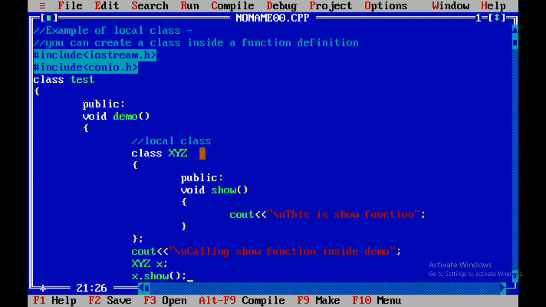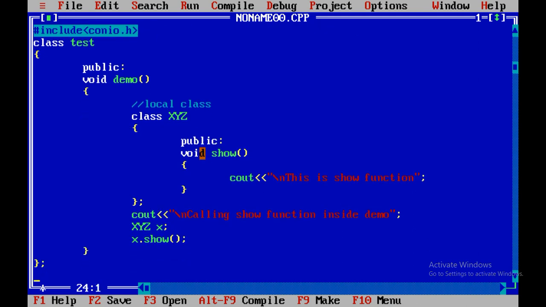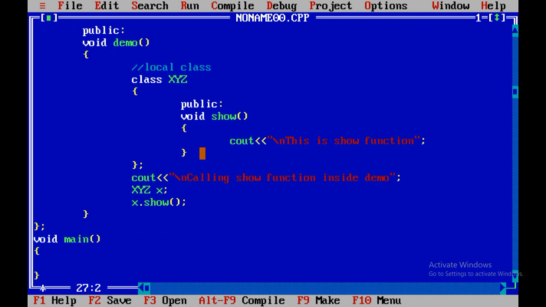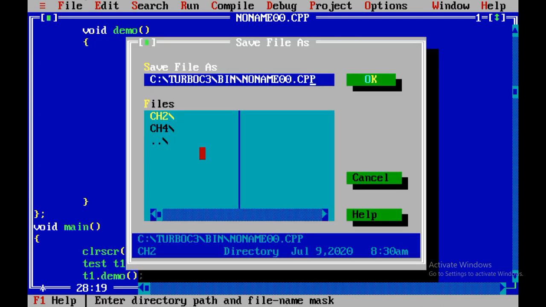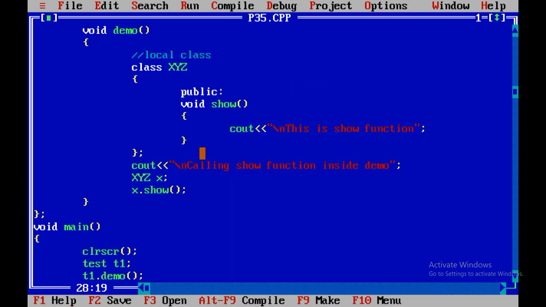Now void main, we need to declare two functions, clrscr and getch. Now let us create the object of test class, t1.demo. Let me save the program first, program number 35.